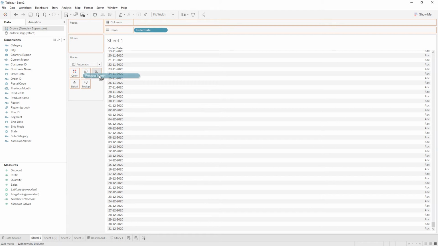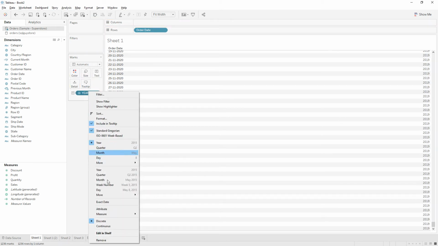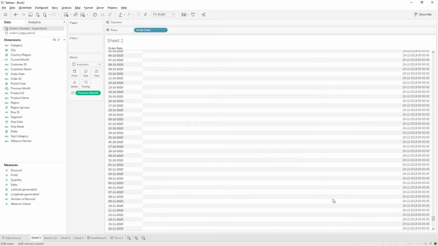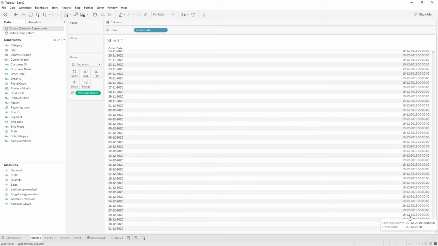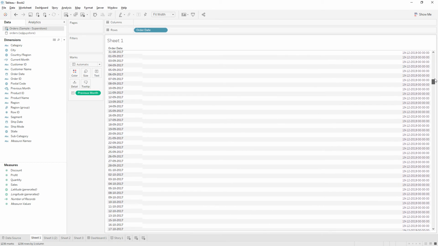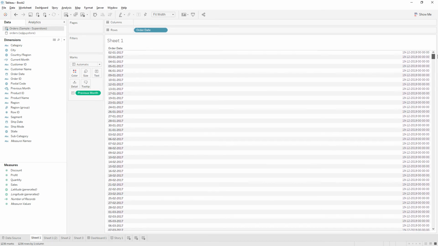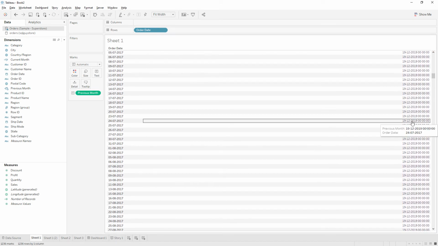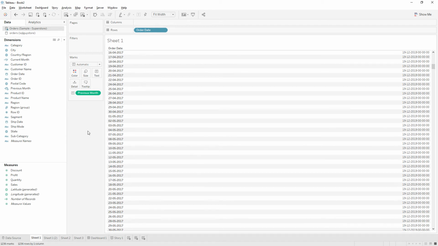If I keep it in the text and choose exact date, you can see today is 19th December 2020, sorry. We are getting this in every record, in every order date we are getting the 19/12/2019. If I can truncate this one, I will get the 1/12/2019.